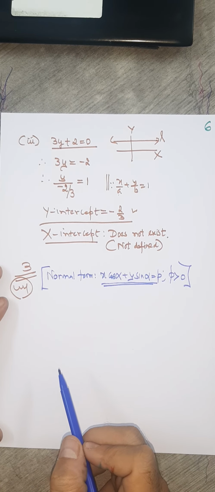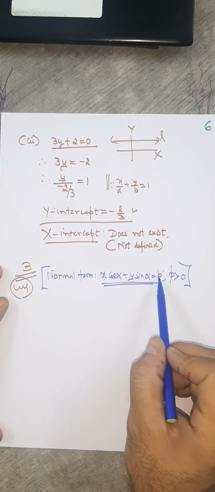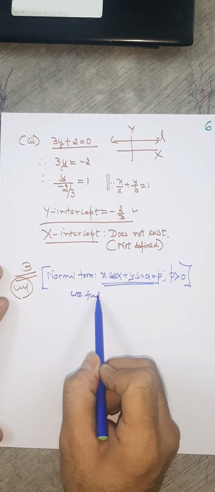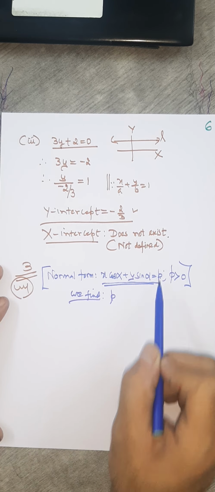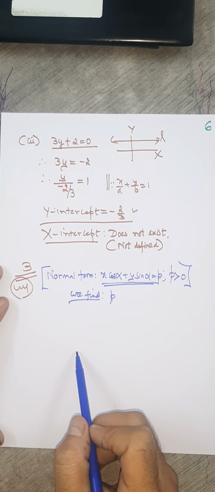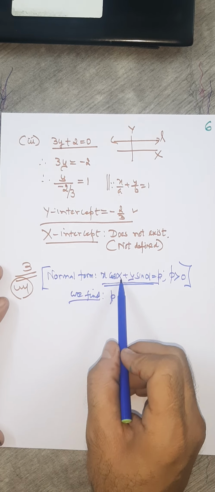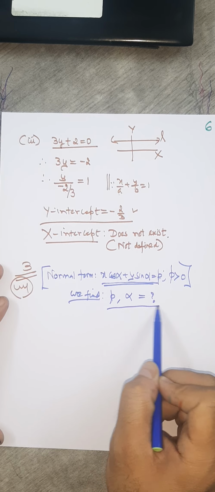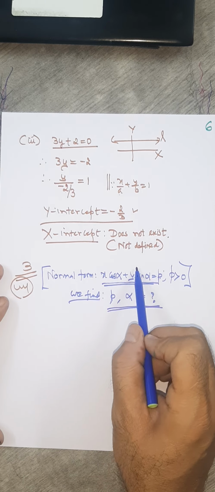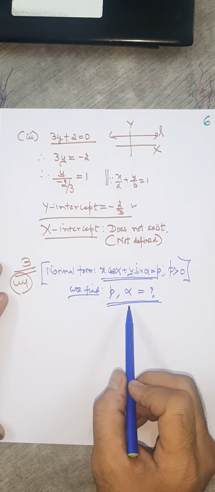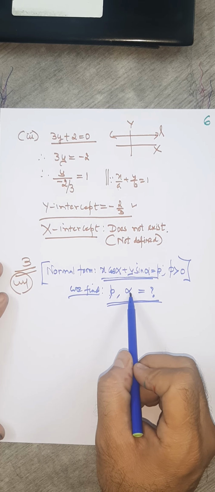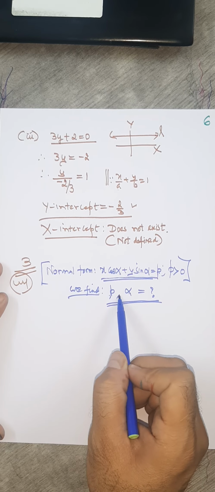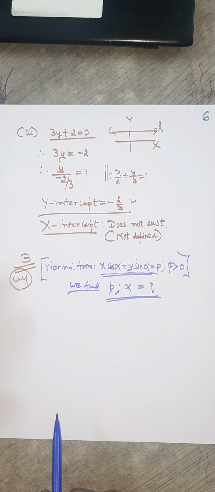Find the perpendicular distance from the origin. If you remember, as per theory, that is p. Then we find these two things: after expressing p, that is the constant on the right hand side, and the angle with the positive direction of the x-axis, that is alpha. These two things we want to do. Earlier, if you were given alpha and p, you could get the equation. Now we want to do the reverse. If you are given the equation, we want p and alpha. So what we'll do here,